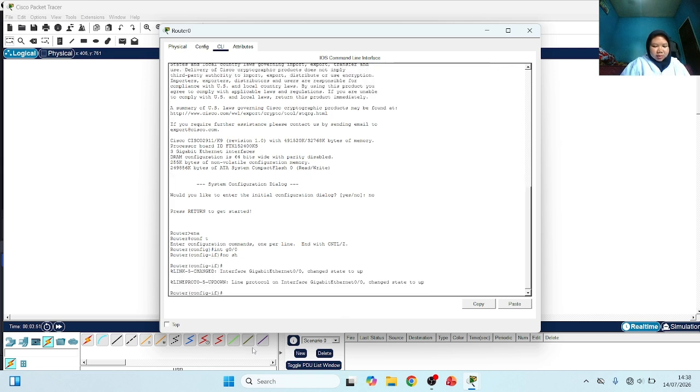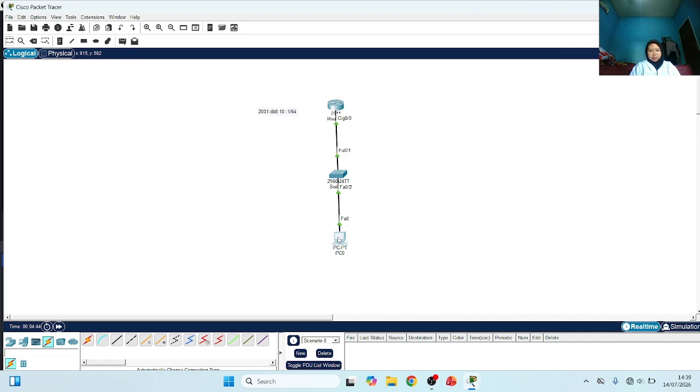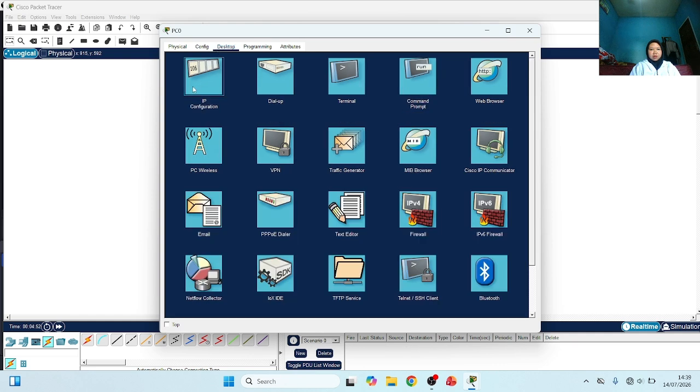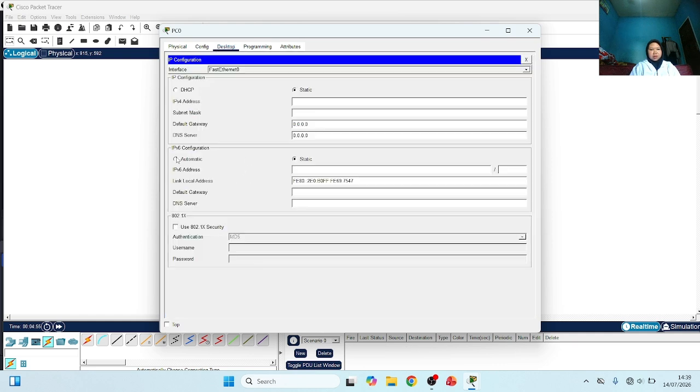Then assign the IPv6 address using the command ipv6 address 2001:db8::10/64. After that, go to the PC. Then change the IP configuration to Automatic. At this point, the IPv6 address is still empty.